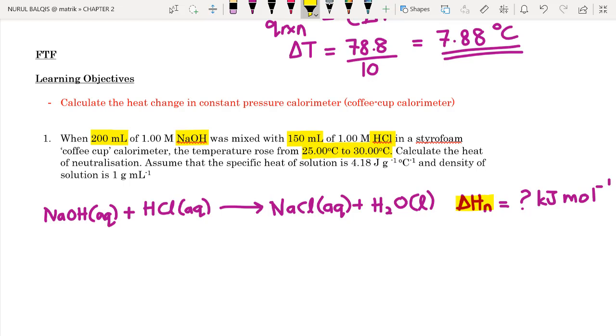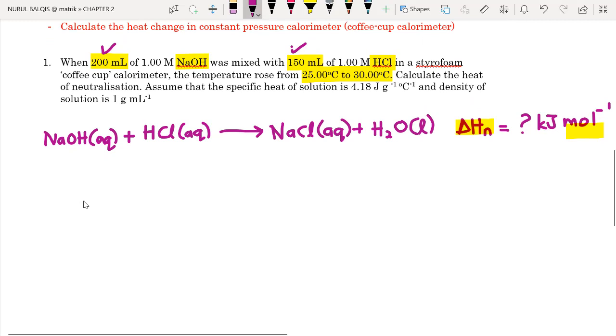But please remember that these thermochemical equations only give information regarding 1 mole. But are we certain that our solutions will give exactly 1 mole of water? So we need to check it since we have different volumes of solutions being given. So we need to calculate the number of moles for both solutions, since these are solutions. So we're going to use the formula: mole is equal to